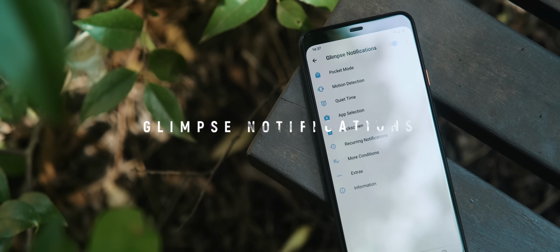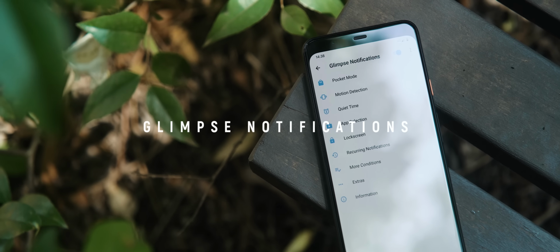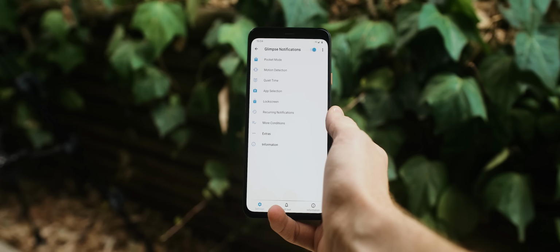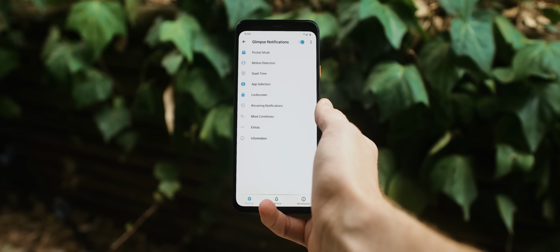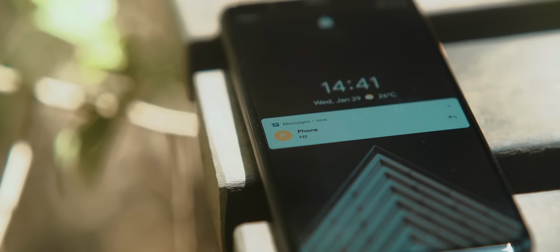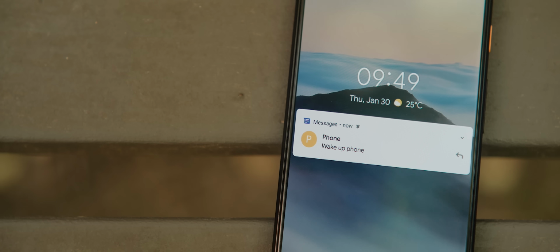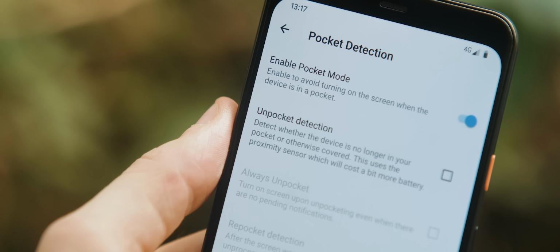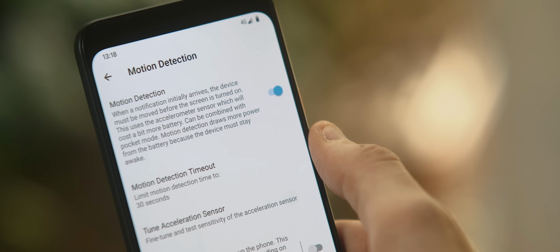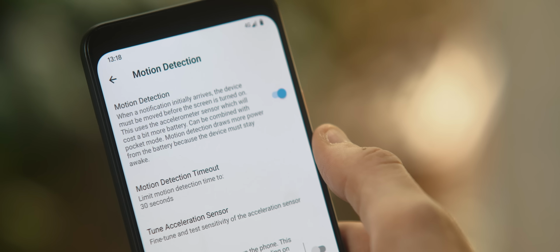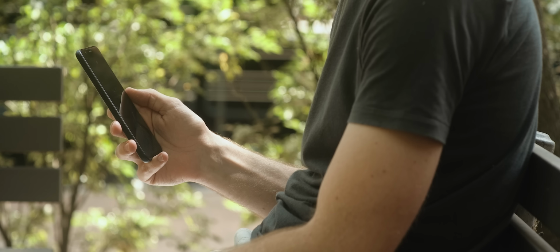Glimpse Notifications is for those who are tired of having to press the power button to see new notifications. As the name suggests, once activated and set up, this app will turn your phone screen on anytime it receives a new notification, which for some reason is still a feature missing on so many Android phones. The app has pocket detection to prevent your phone from waking up in your pocket, and it even has motion detection, which means you can set it up so that it only wakes the phone when you've picked it up